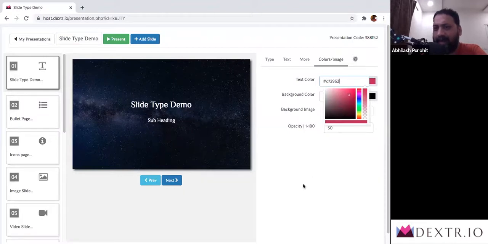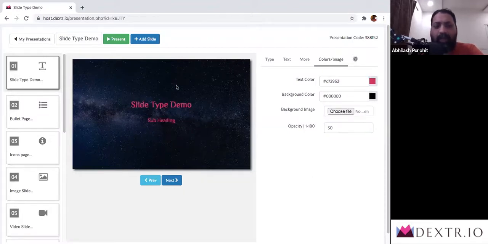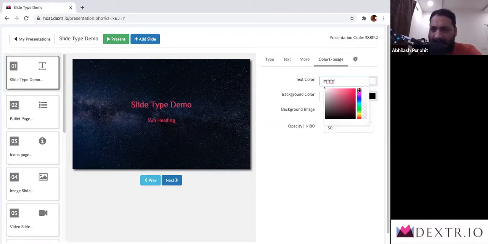And if you do that and click outside, what is going to happen is it is going to change the text color in real time as well. Again, I'm not a big fan of that color, so I'm going to go back to white, but know that you have full choice. You can drag here to change the color to anything you want. Once you have selected that, you can pick something, and whatever color has been selected is visible here first. Once you click outside, that gets applied instantly. I'll go back to it being white.